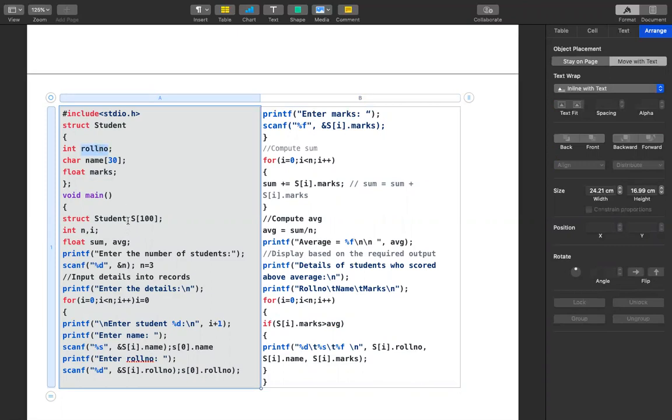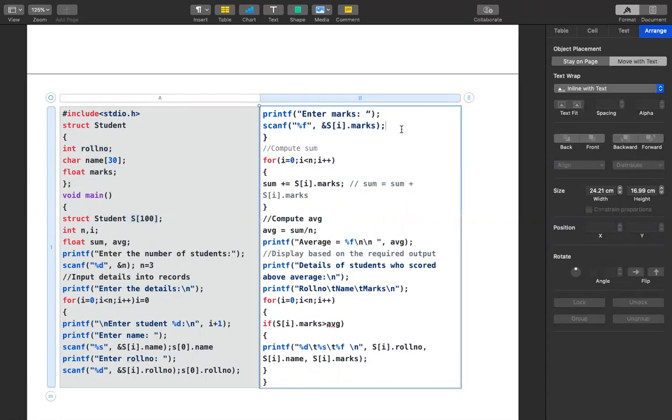But it's not a normal variable, it's an array variable. So the first student's marks should be stored in s of 0 dot marks. That means now we have finished entering the first student's details, and the roll number, marks, and name are stored in which index? The 0th index of the structure variable.